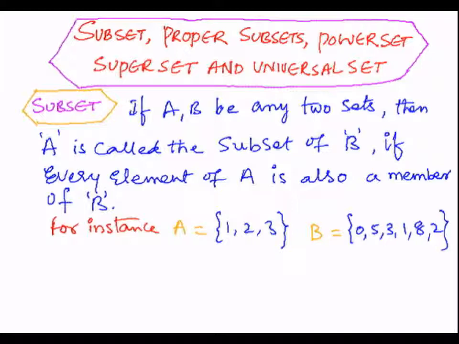When we observe the elements of set A, 1, 2, 3 are the elements of set A, and these elements 1, 2, 3 are also the elements of set B. They are also present in set B, 1, 2 and 3. So, therefore, set A is the subset of